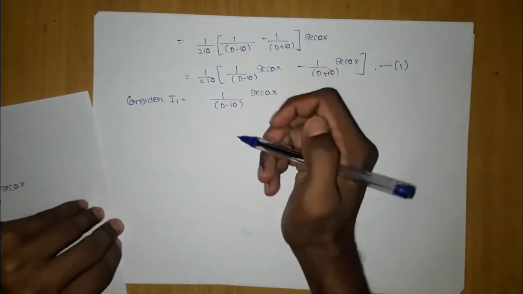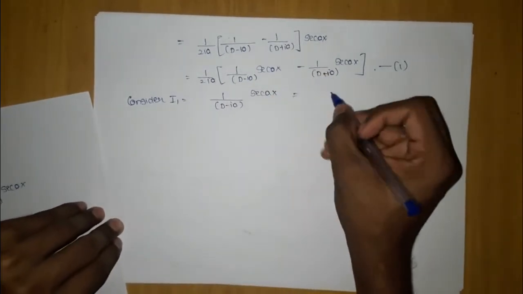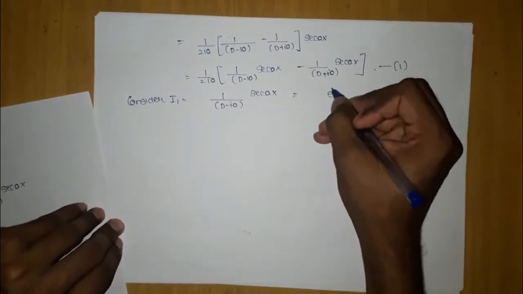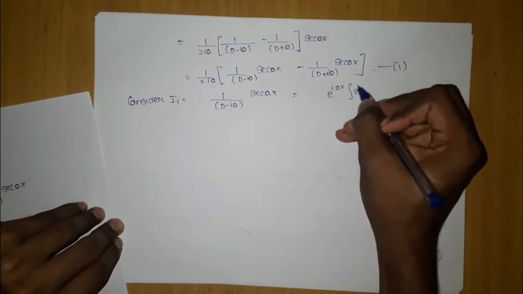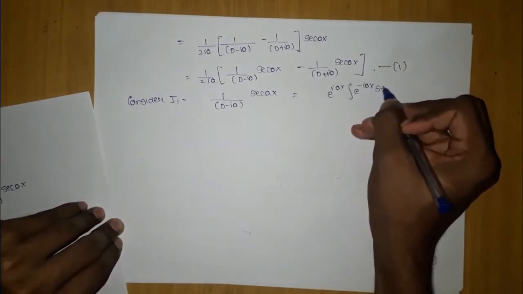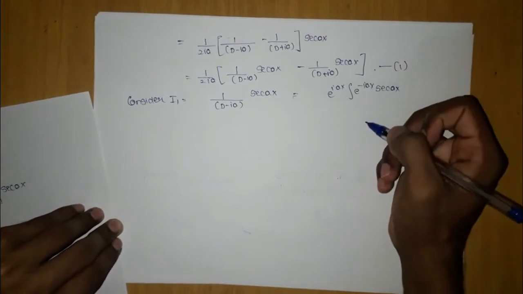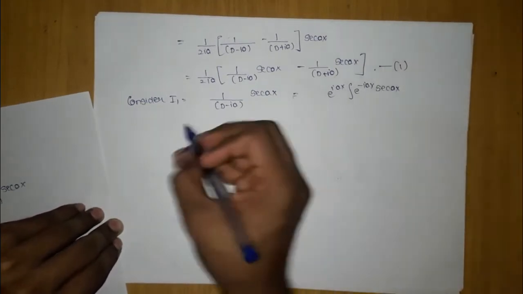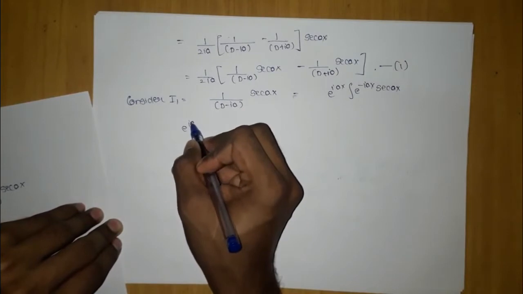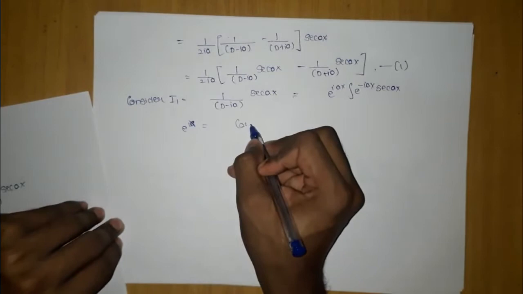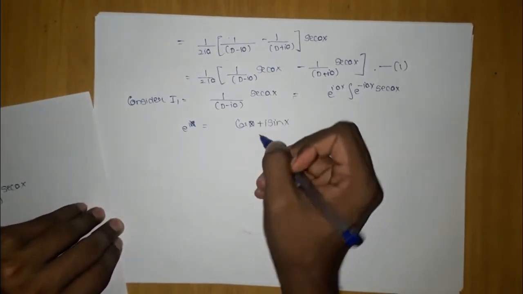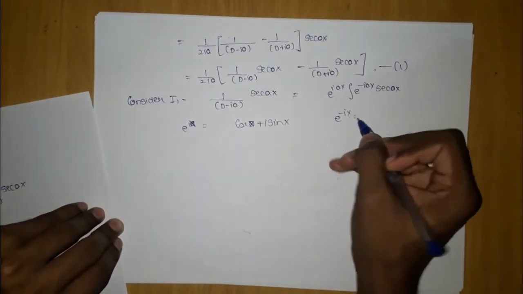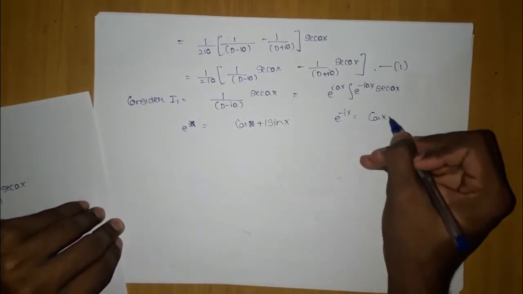Now you are going to apply that formula which was e to the power, here it is negative, so you are going to write here positive iax, integral e to the power minus iax into sec ax, right? Now remember e to the power ix is written as cis theta, which is cos x plus i sin x, while e to the power minus ix can be written as cos x minus i sin x.